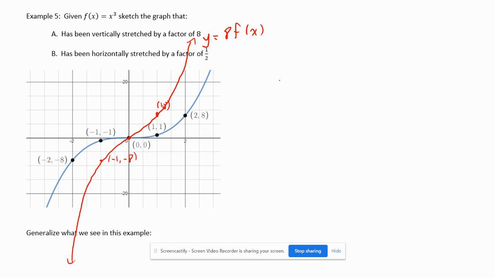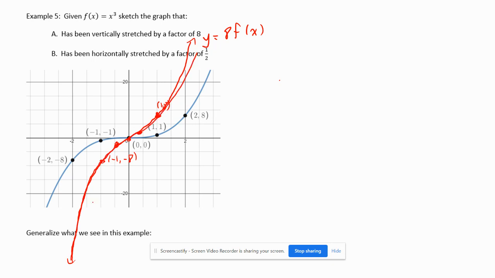Second one, where we have sketch graph that's been horizontally stretched by a factor of 1/2. So it means I'm multiplying my x coordinates by 1/2. So if I do this, 2 times 1/2 comes here. 1 times 1/2 comes here. This guy's invariant. Negative 1 is going to become over here, because my drawing was not perfect over here. Negative 2, negative 8 is going to come to this guy over here. So the point we're trying to get is, when we do the same thing, we're seeing a directly overlapping graph